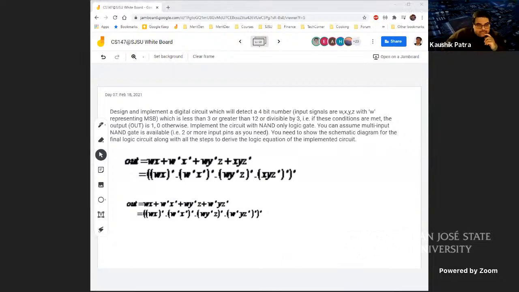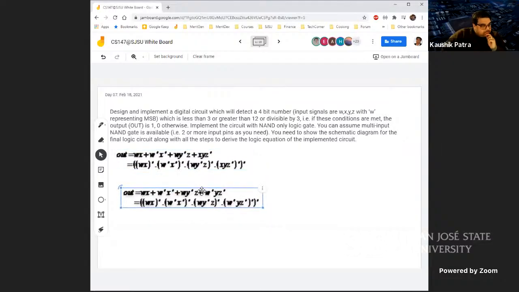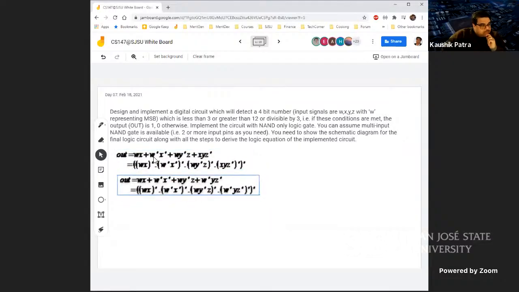So basically, depending on which part you are grouping, there are two possible different groupings of essential prime implicants, and depending on which one you pick up, you can come up with a different solution. So here, what I have done, I came up with the basic equation there, okay, and then each term I